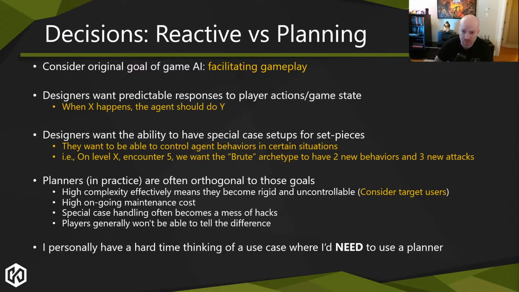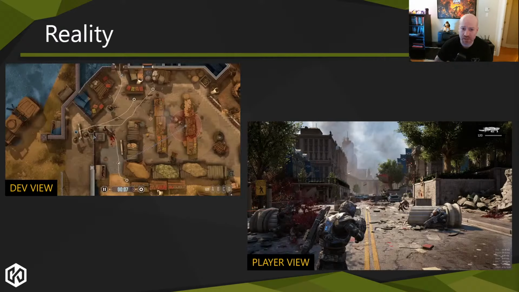They want controllability. And this is where we have to have a real discussion between devs and players, because devs, especially AI programmers, have this top-down view of the game of, oh, we're going to do super cool flanking behaviors and combat positioning and staggered movement and whatever. And all the player sees is a third person view with a bunch of AIs moving towards them. They can't see that you staggered the movement in a top-down fashion and picked the right behavior. They just see a bunch of characters running at them, right?